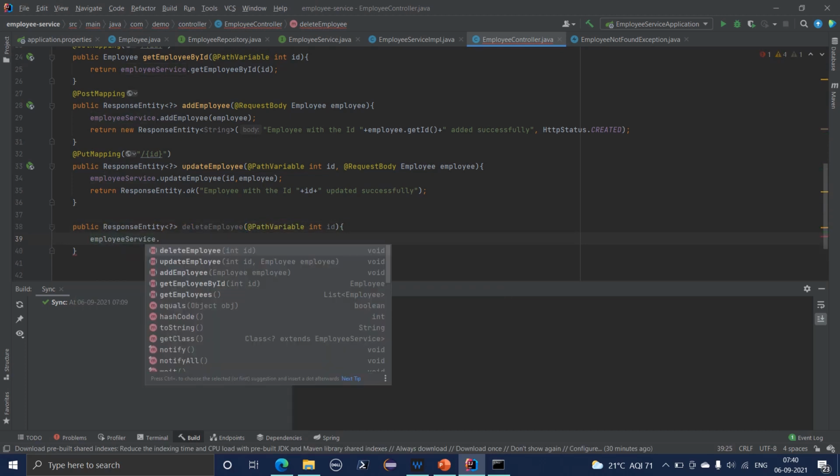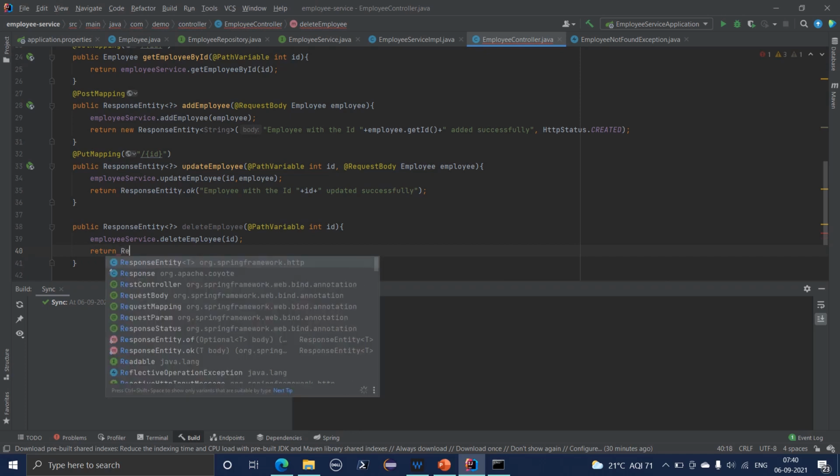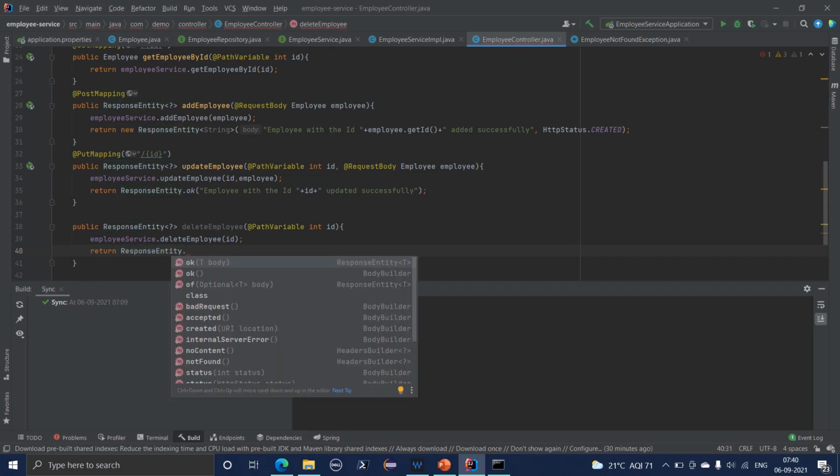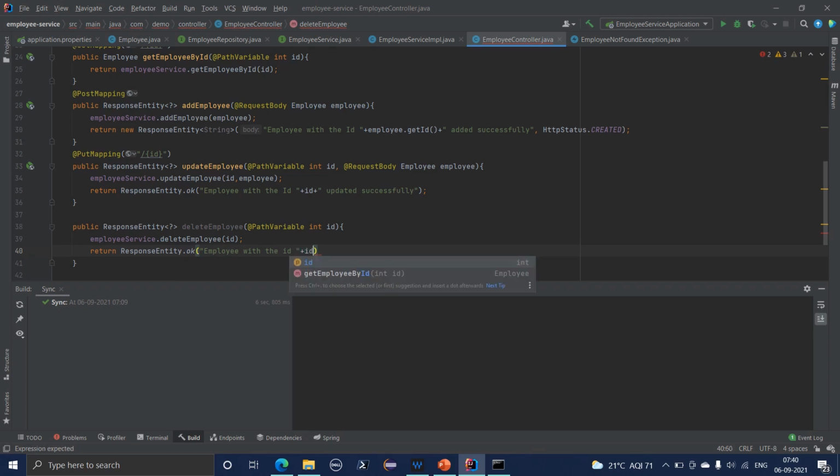Employee service dot delete employee ID. Return response entity dot okay, employee with the ID plus ID plus